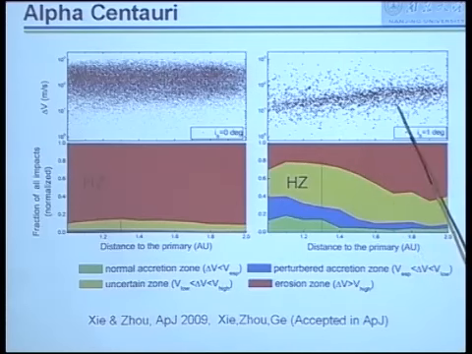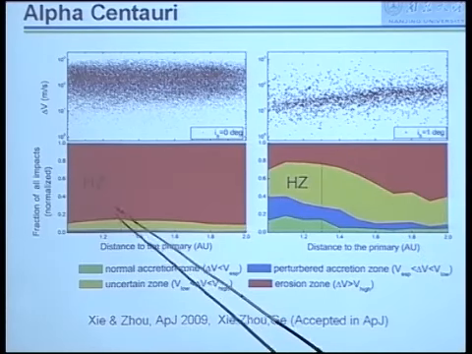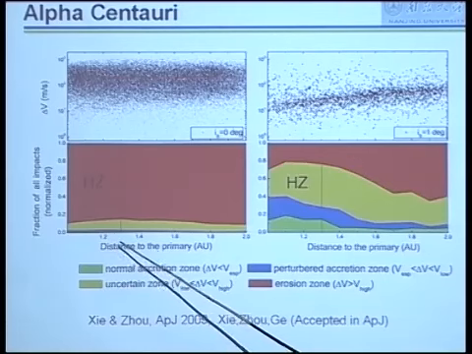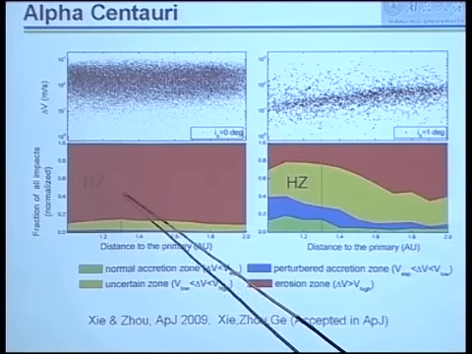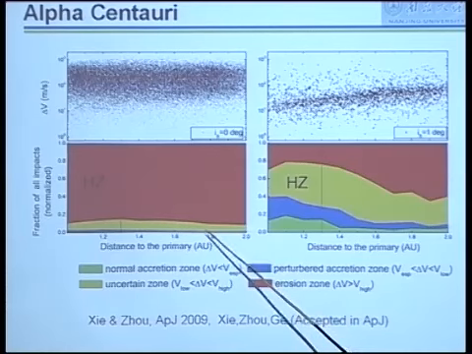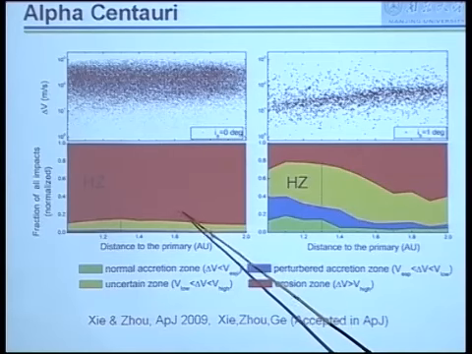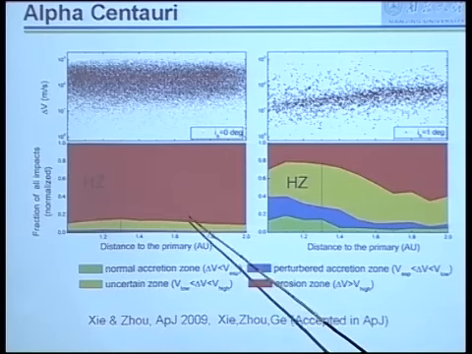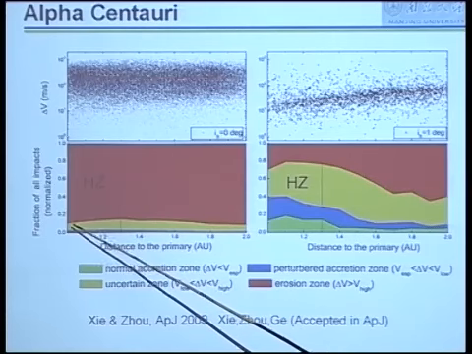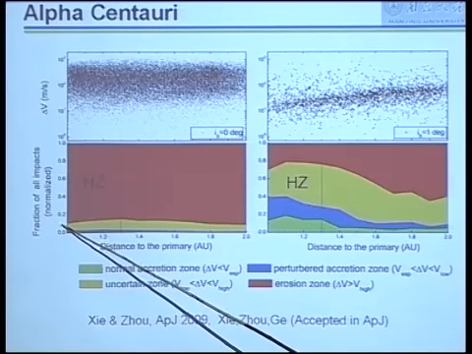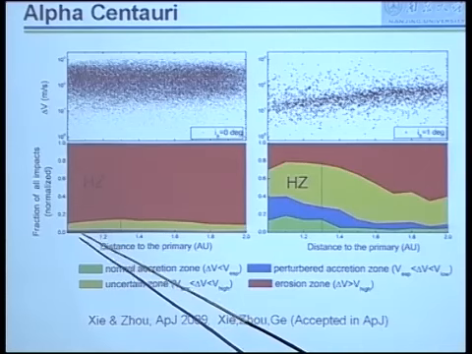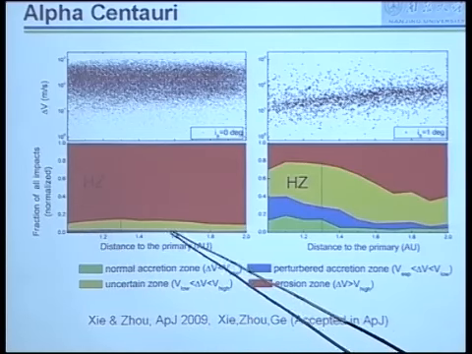This is the relative speed, and also this is a ratio of whether the collision is friendly or not. The red one is the erosion zone, so collision is not possible. But for a planar disk, you see only less than 10% is collision friendly.